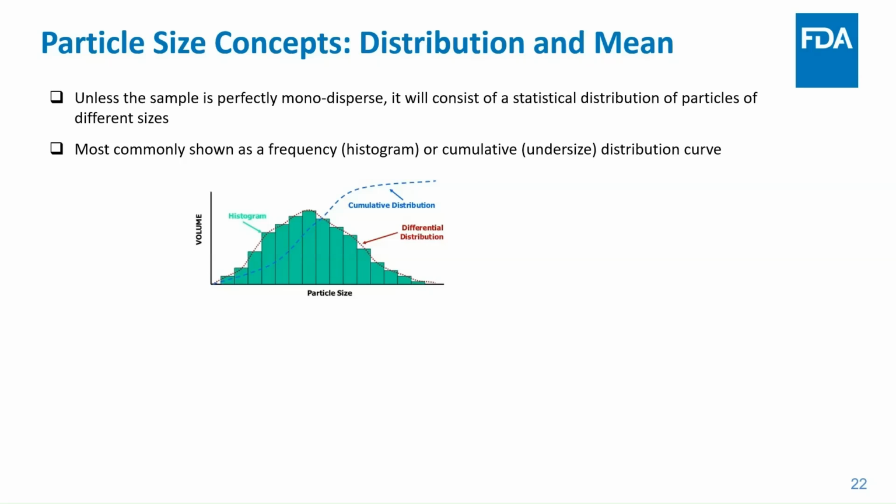And so this spread is described by the histogram, which is the frequency distribution. The other equally important curve is this blue dashed line, which is the cumulative distribution. So this is essentially its undersize. D10, D50, D90, you can just draw a horizontal line to indicate whether it's 10%, 50%, or 90% of